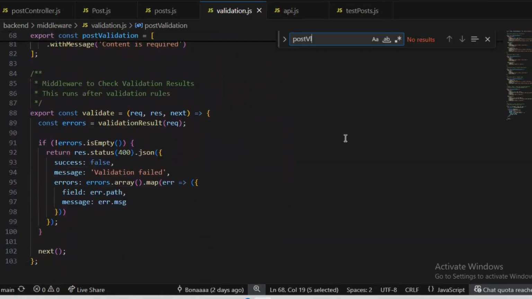And then we also have the validate middleware, where it will process validation results and return detailed error messages that help users to correct their input problem.